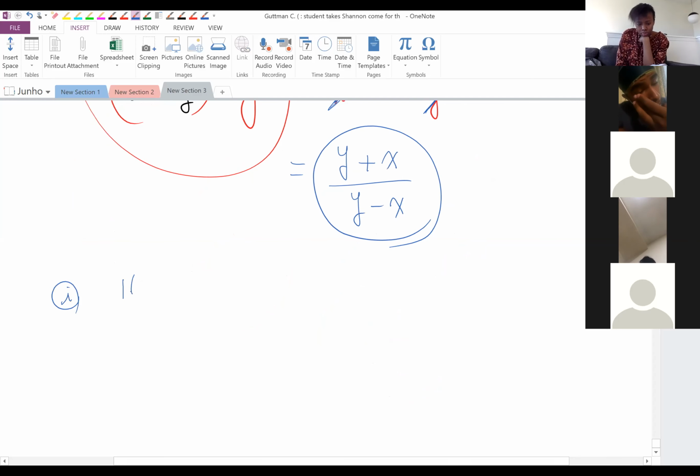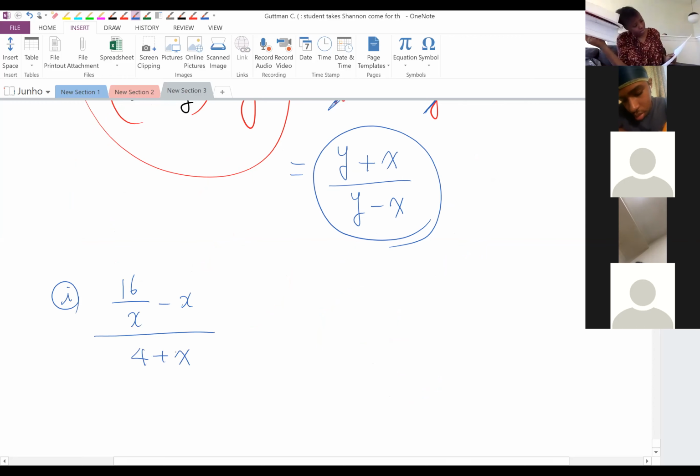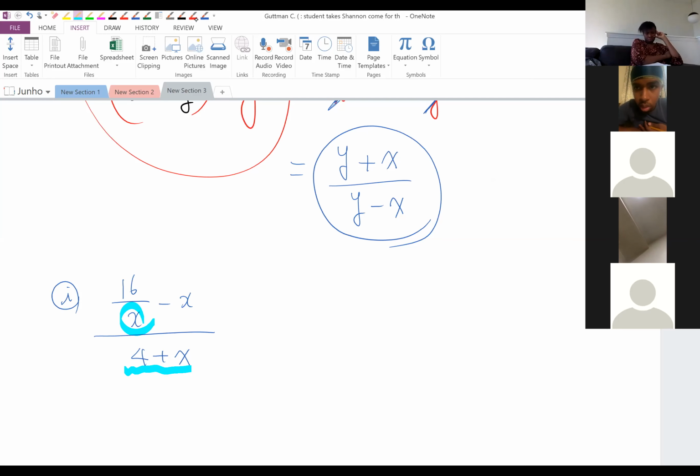So 16 over x minus x over 4 plus x. Okay. So this is a good question. Can you tell me what's the common denominator? X, right? Because our denominator expression doesn't have a denominator, so that's the only denominator. That's great. So we multiply